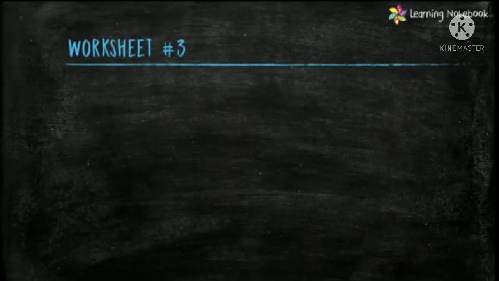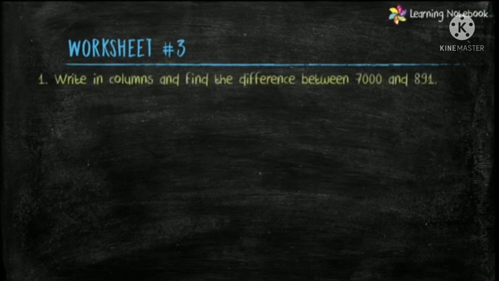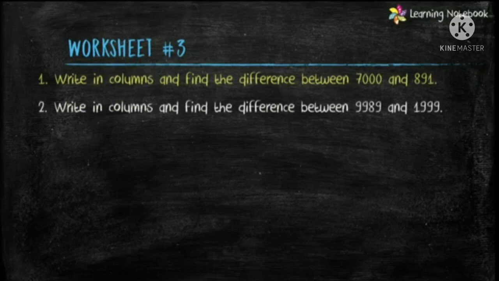In the end, I am giving you a worksheet for practice. Students, you will find the answers to this worksheet number 3 in my next video. Question number 1. Write in columns and find the difference between 7000 and 891. Next question is, write in columns and find the difference between